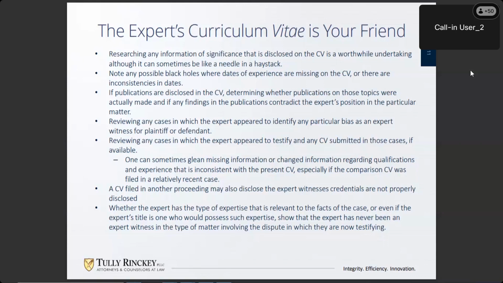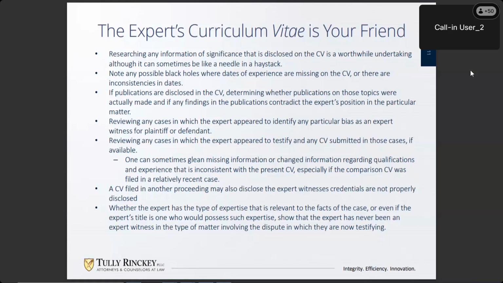Also, the curriculum vitae, if you look at the cases listed, can you determine whether that expert has testified in numerous cases and whether it's unbalanced, more to plaintiff, less to defendant? That can sometimes be helpful, at least. And that can also be used for looking at cases, and I found this before, in which the expert appeared